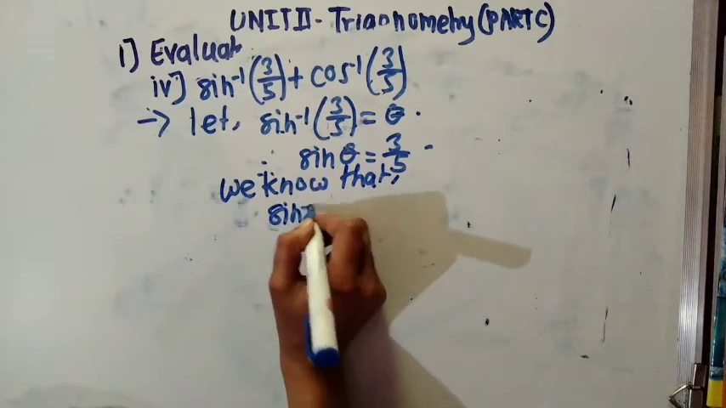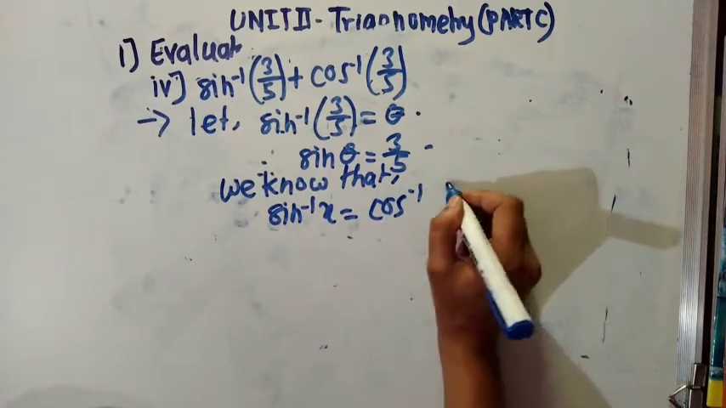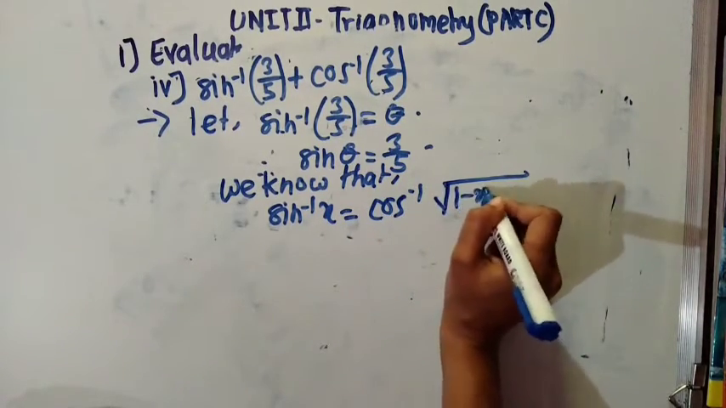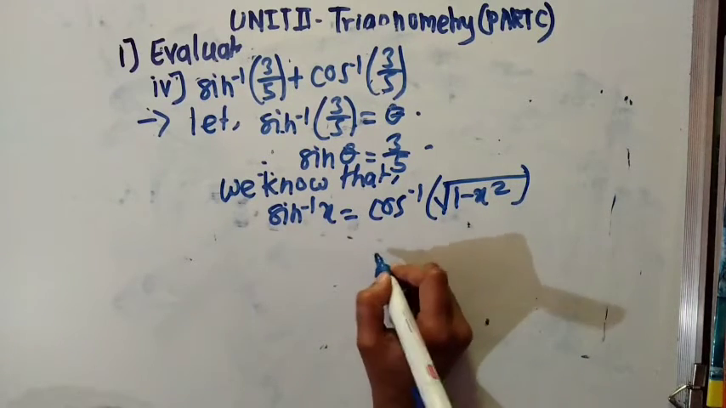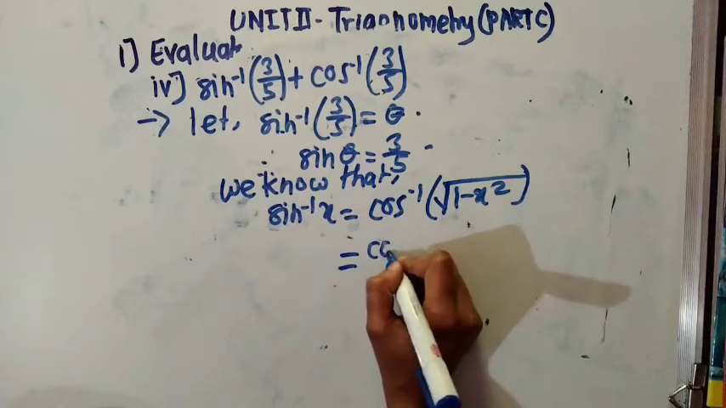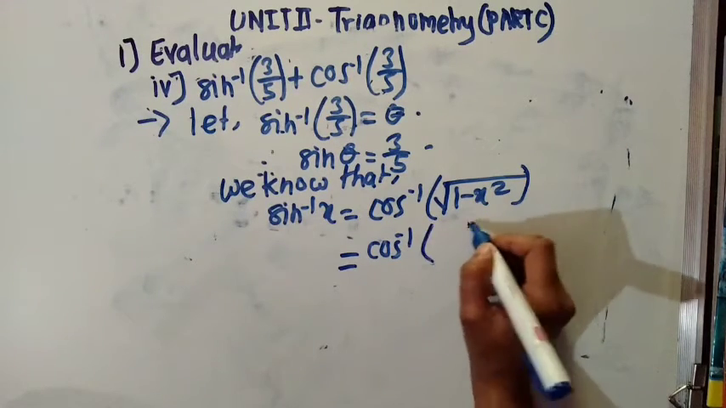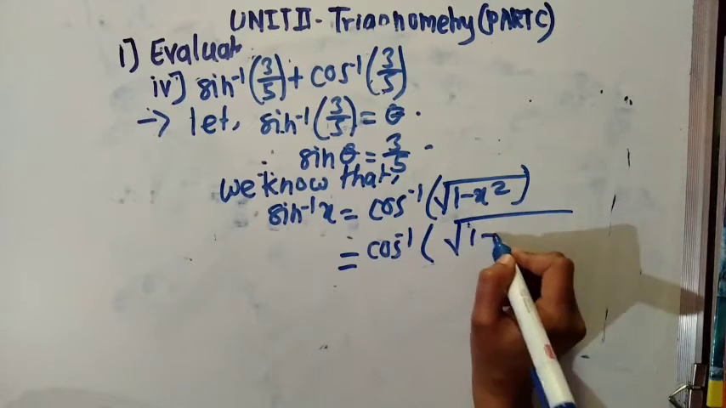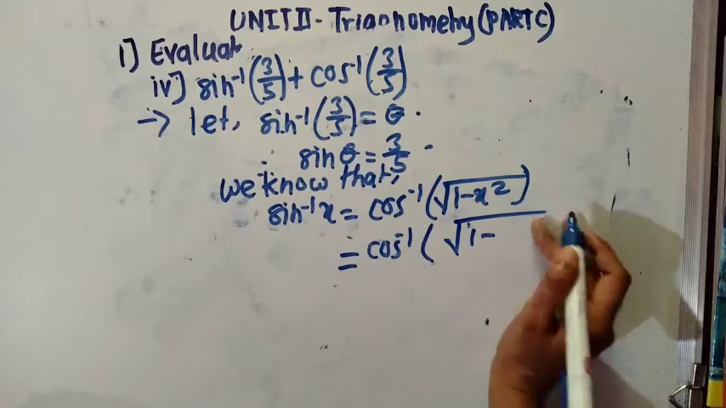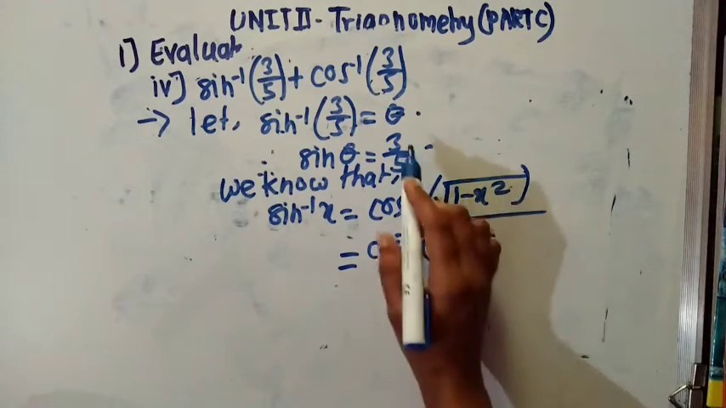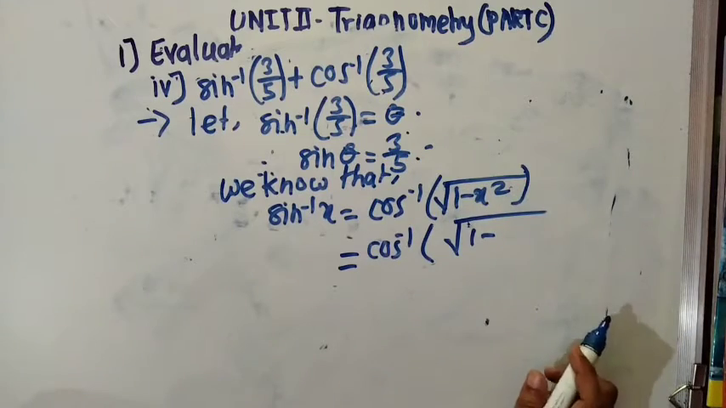sin inverse of x is equal to cos inverse of root 1 minus x square. Hence this is equal to cos inverse of root 1 minus x square, meaning 3 upon 5 square,